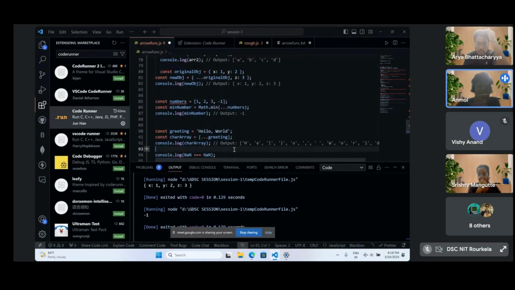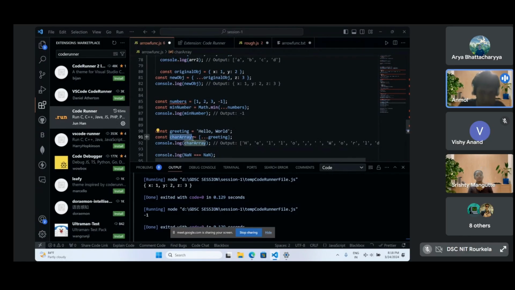Now another thing is that in case of strings, if we have a string and we want to convert it into an array with every character as an element in it, what we do is define a char array, and inside this array we put the values of greeting by using the spread operator.